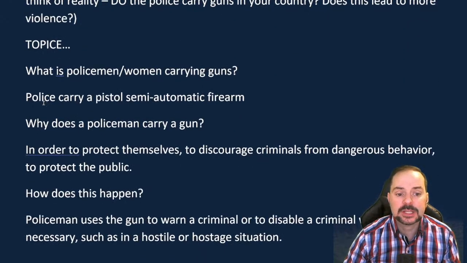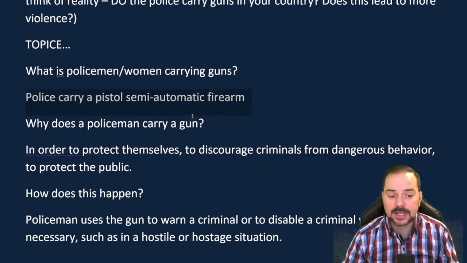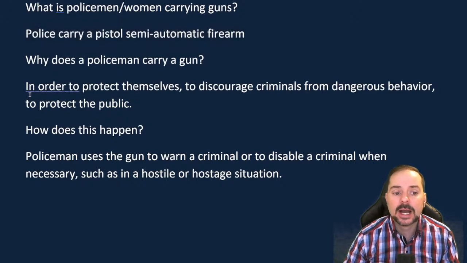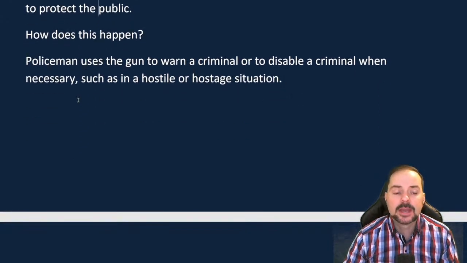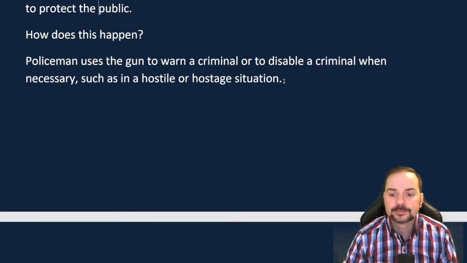What is that? Police carry a pistol, a semi-automatic firearm. It's the specific type of weapon that they carry. Why? In order to protect themselves, to discourage criminals from dangerous behavior, to protect the public. How does this happen? Okay, so